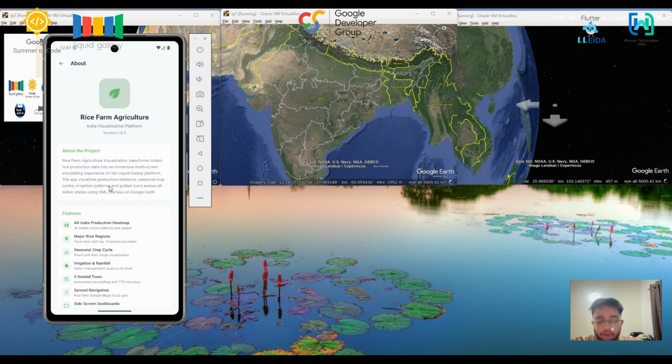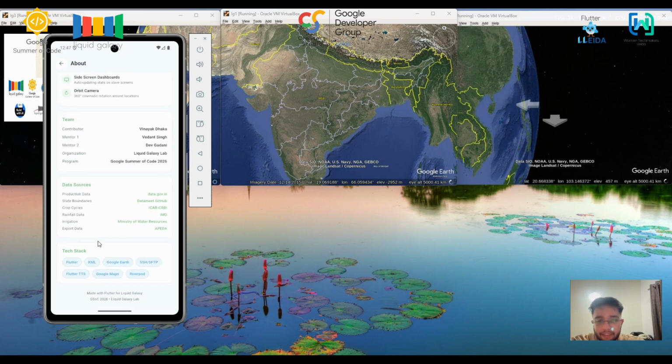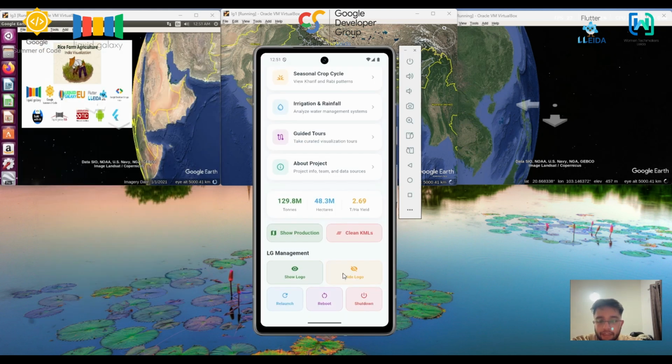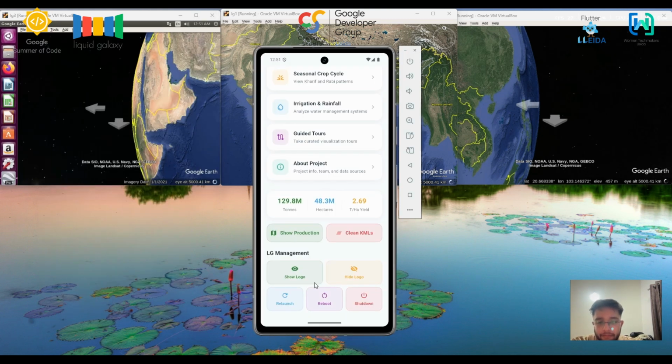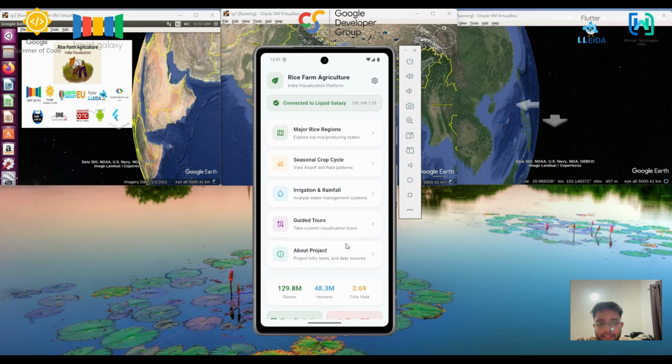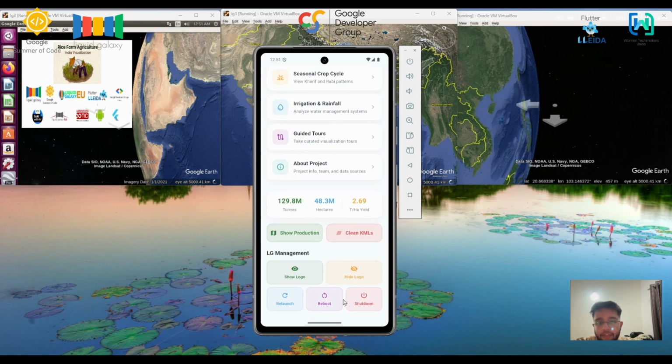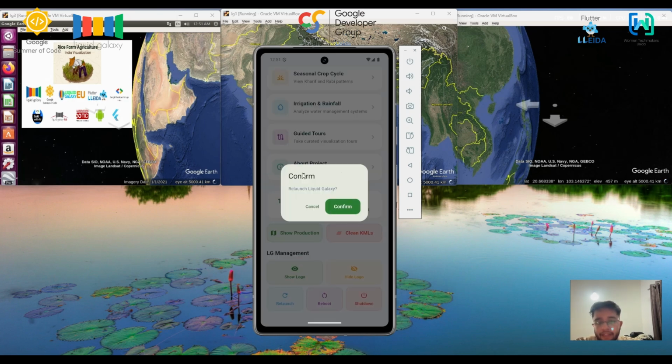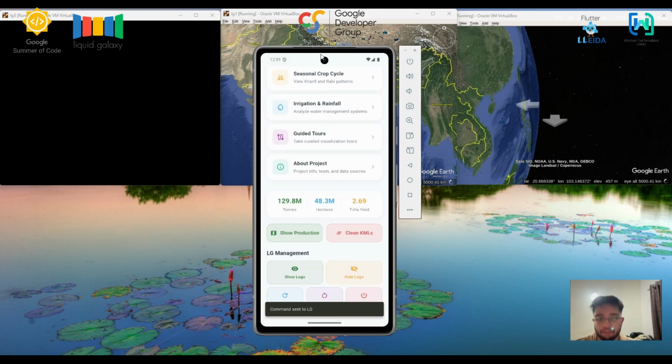So here we have all the details about the project, mentors, the data collection, sources, and everything is mentioned here properly. Then the home screen also has the Liquid Galaxy management buttons, which show and hide the logo, relaunch Google Earth, reboot or shut down all the machines. And we can see here reboot and shut down ask for confirmation before executing. And the clean KML button clears all the visualization but keeps the logo. So this was all about my